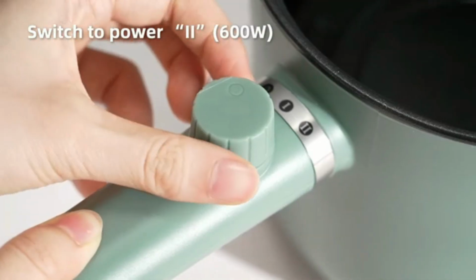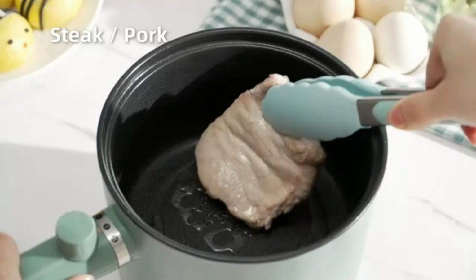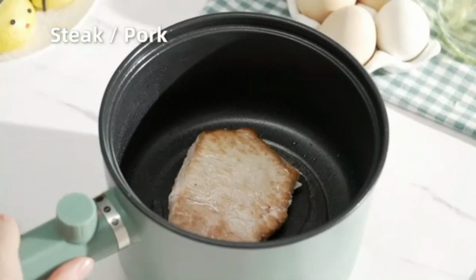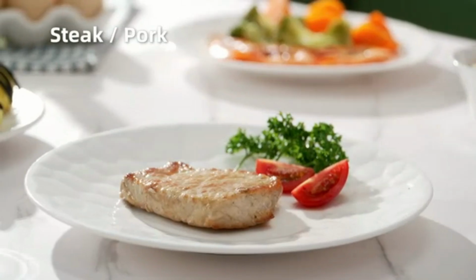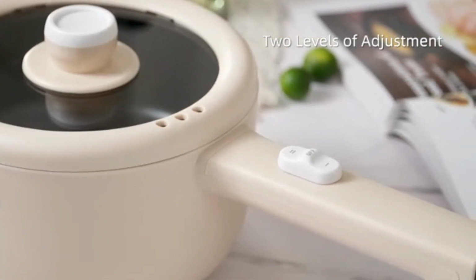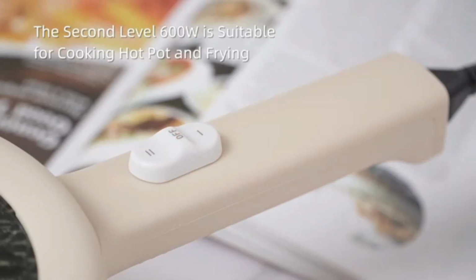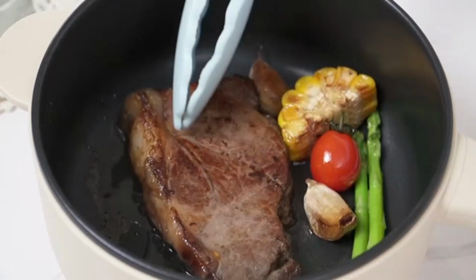1.5L cooking capacity with steamer. The 1.5L capacity of our electric pot makes it the perfect size for individuals or small families. The hot pot features a steamer, allowing you to steam above while cooking below. Its compact size allows for easy storage and makes it ideal for use in small kitchens, offices, dorm rooms, or